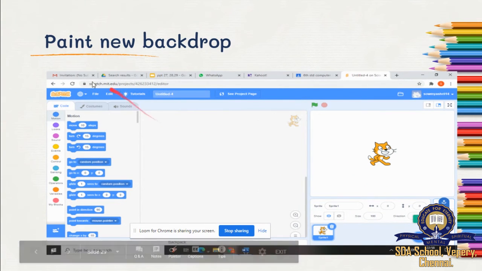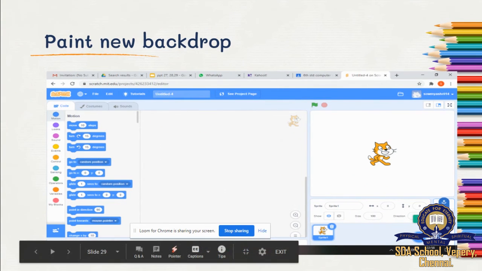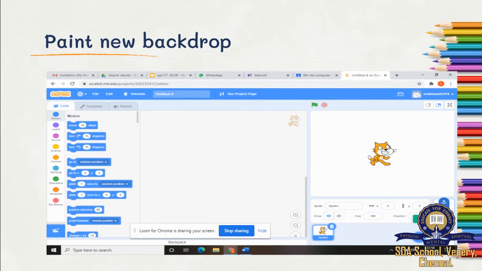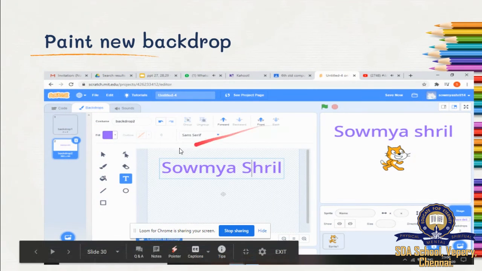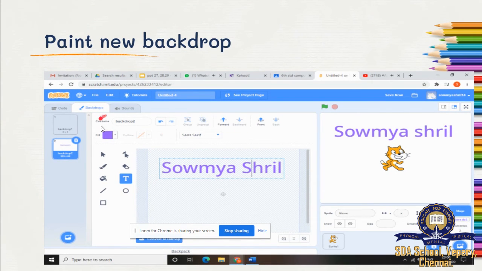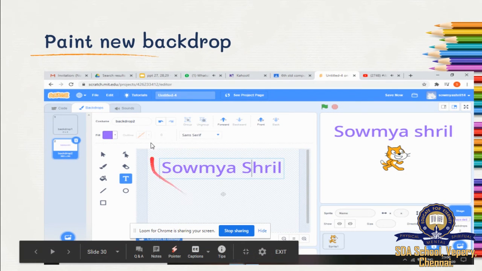Now, how to paint a new backdrop? I'm going to click here, backdrop, paint. The same costumes page was there for sprite; the backdrop painting page is there for backdrop. This space will open. I wanted to type my name as text for the backdrop.